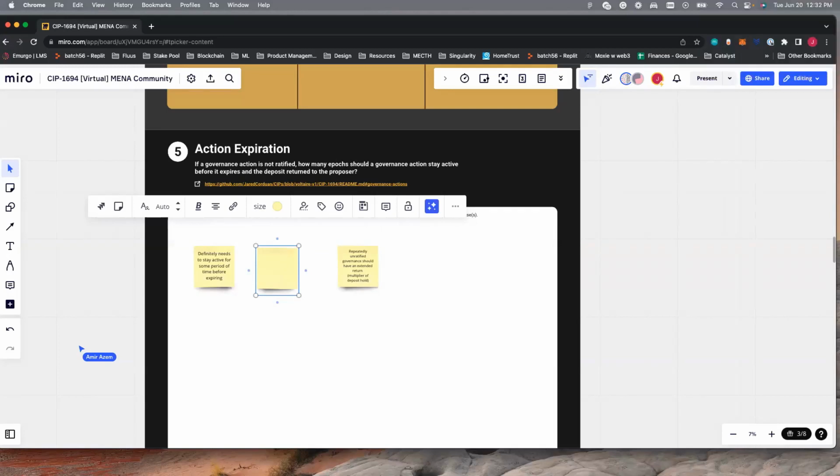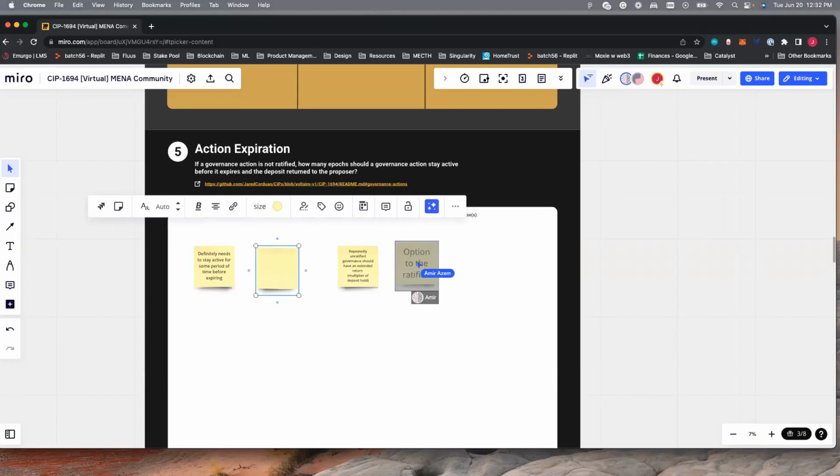And in the case that it doesn't, when do we send the funds back to the proposer? Yeah, maybe there should be an X amount. Let's say typical is 3 months, whatever. And then everything beyond that, you would need to pay a fee, and that fee goes to the treasury. So you decrease it from being spammed. Only the people that really believe in their proposal would be willing to pay that small fee to keep it live.